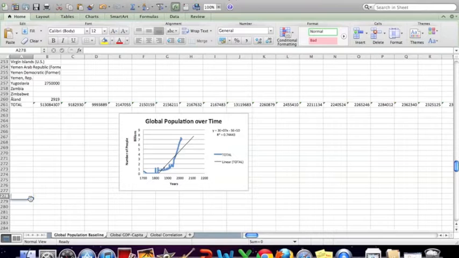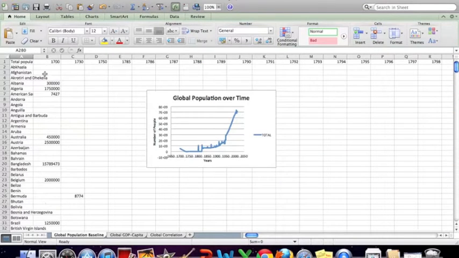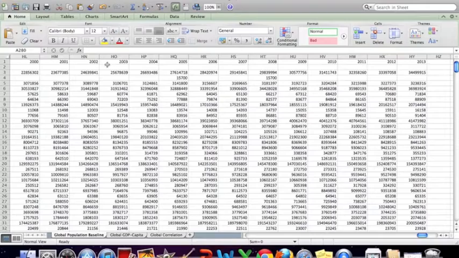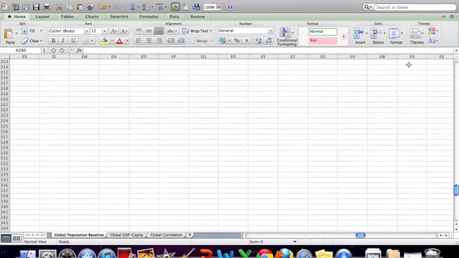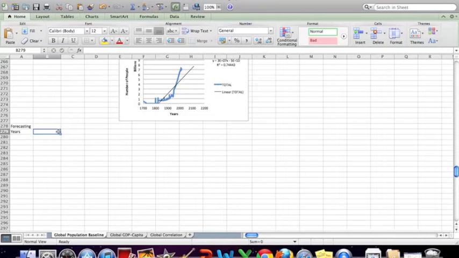We want to do some forecasting. So first thing we need is the years. This part's pretty simple. First thing you want to do is go to the top of your spreadsheet, look at the years up here, and see when your data from Gapminder ends. This ends in 2013. Even though we haven't even actually hit 2013 yet, I'm just going to go ahead and start at 2014 since my data ends at 2013. So I'm going to type 2014 and then 2015, the first two years after my data ends. Then I'm going to highlight just those two years